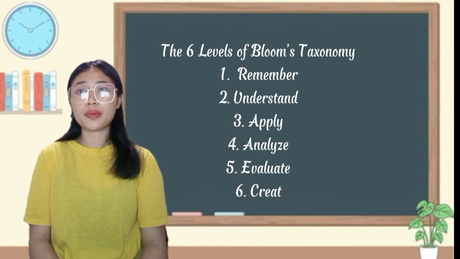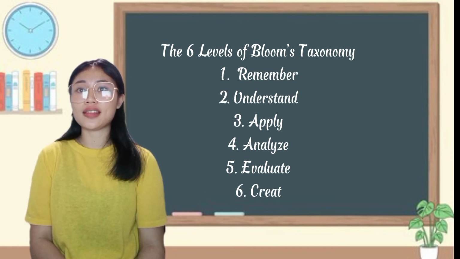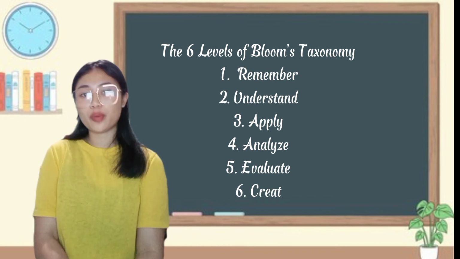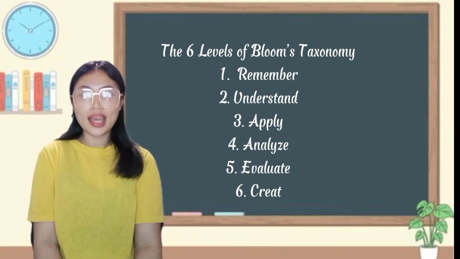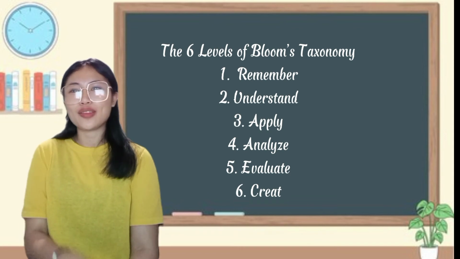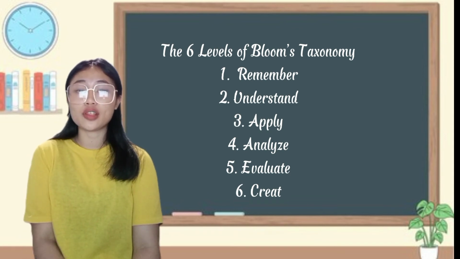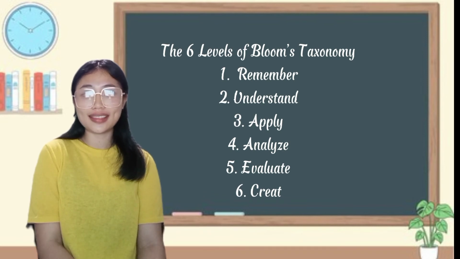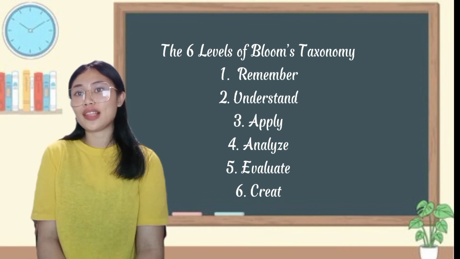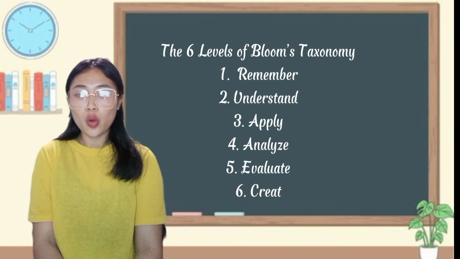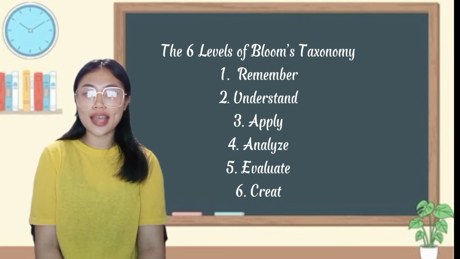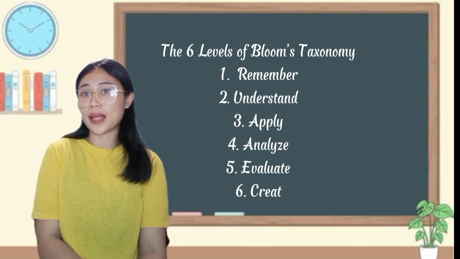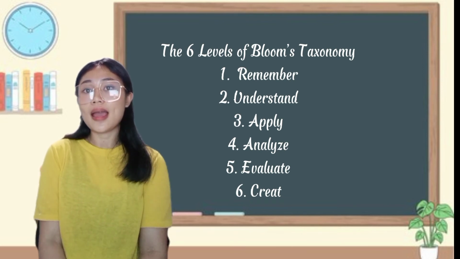Some examples of activities that we can apply at the analysis level are identifying the parts of democracy, explaining how the steps of the scientific process work together, and identifying why a machine isn't working. The fifth level is to evaluate or justify a stand or decision. The activities that we can apply at the evaluation level is to make